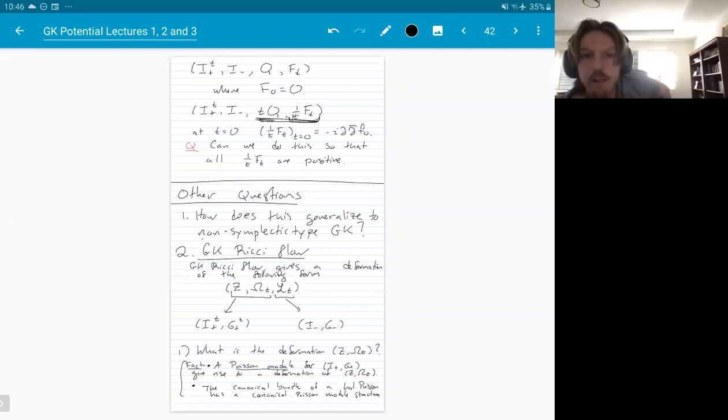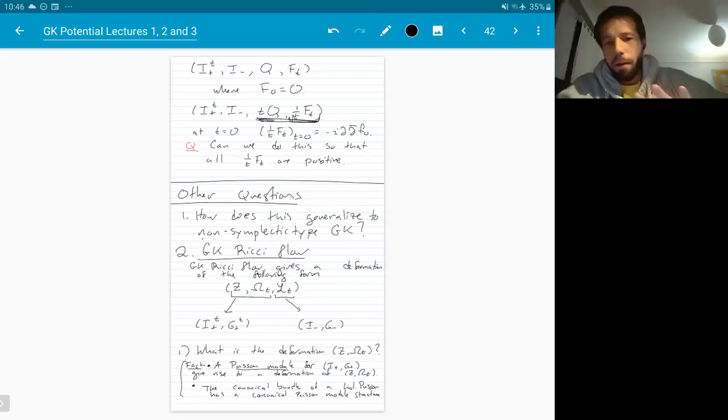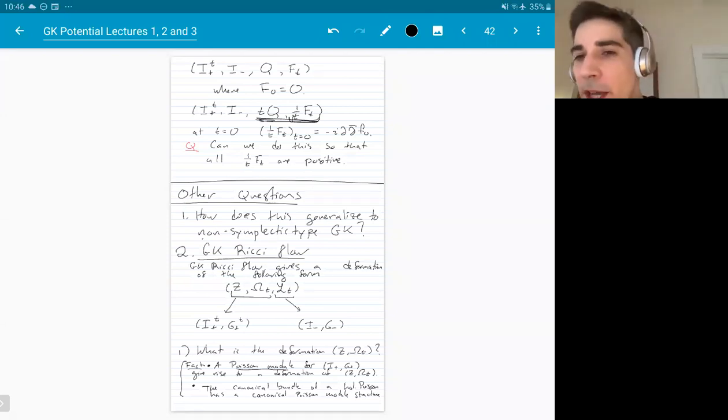Sorry, when you say that function, you mean like the f_t, the little f? Yeah. You could imagine taking a function on one of the sides, like on the x minus, suppose. You take a smooth function. Each time you give such a smooth function, you could pull it back to the Z space, and that will give you a Hamiltonian vector field that wants to flow that thing. So if you give a family of these functions, that will give you a time-dependent Hamiltonian vector field upstairs that will deform your GK structure. And so the question is, if you write down generalized scalar Ricci flow for that family of functions, what is the